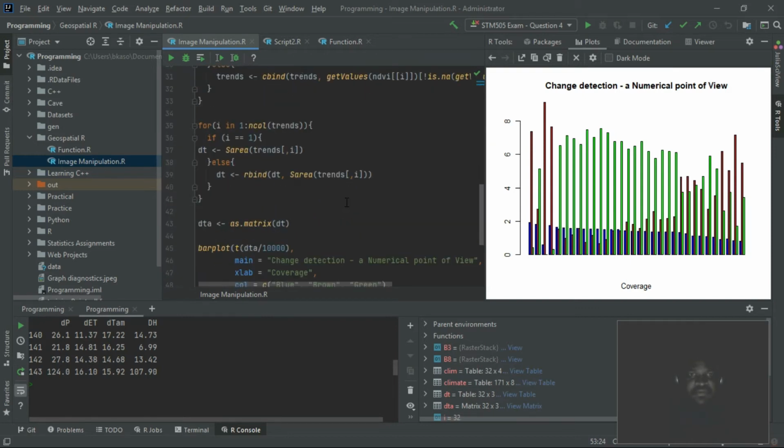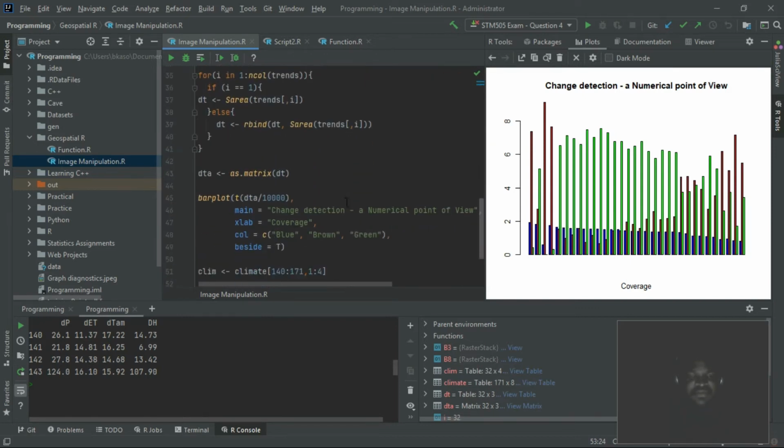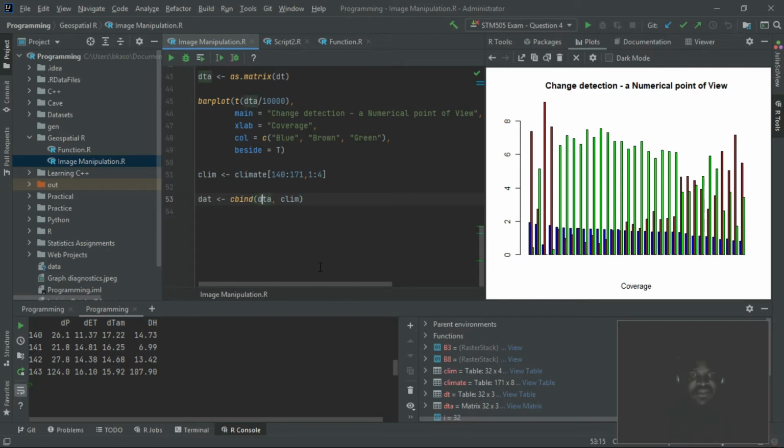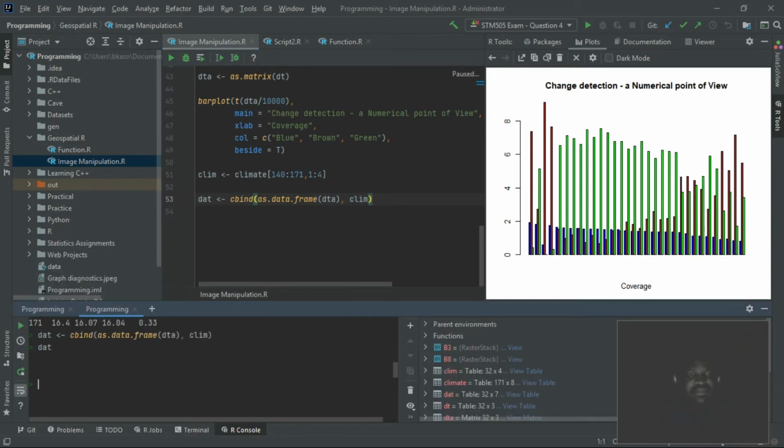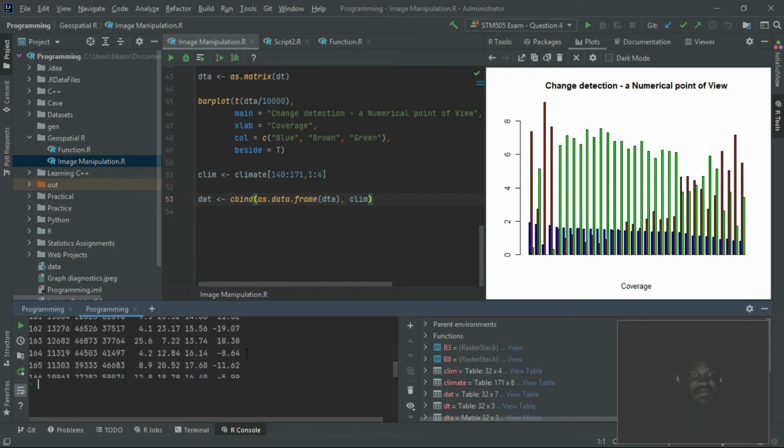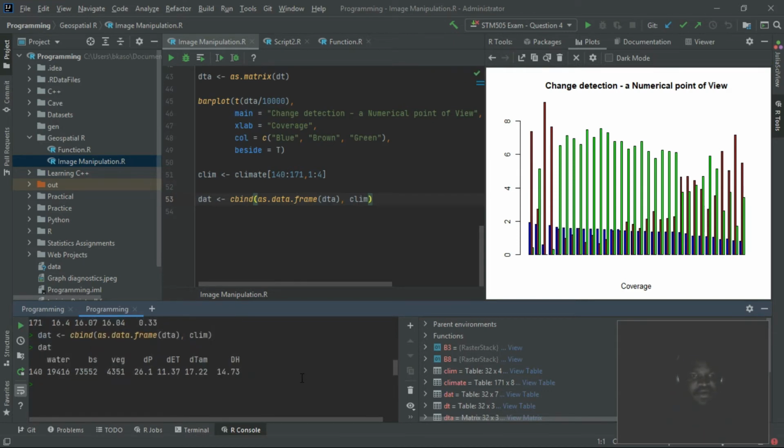I remember we converted this thing to matrix, so I think we need to convert it back to data frame. I want to convert it back to data frames to avoid issues. So now we've got all